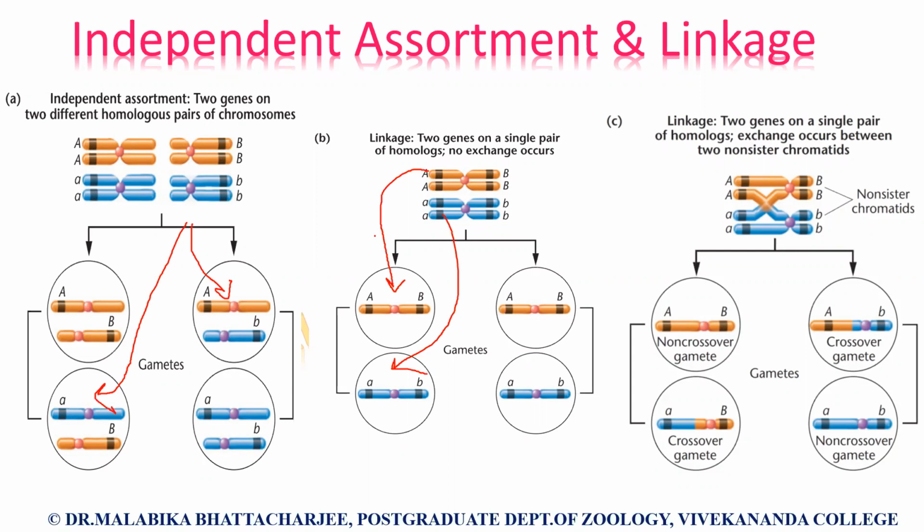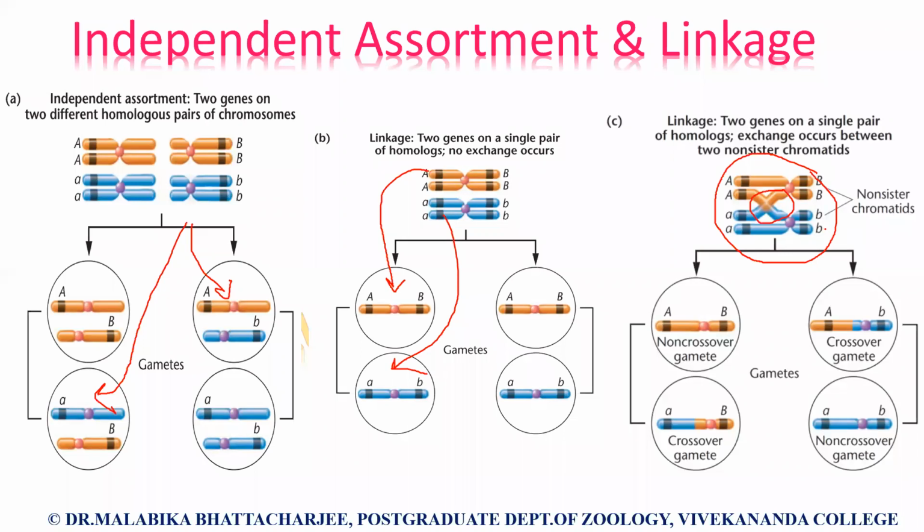Now coming to the third and the final case, where crossing over occurs. There is linkage, but crossing over is occurring between the two linked genes. Okay, and as you can see, this crossover involves only two non-sister chromatids of the four chromatids present in the tetrad. So if this is the tetrad, you can see the crossing over is occurring between only two chromatids. And in this case also, we see recombination is occurring.